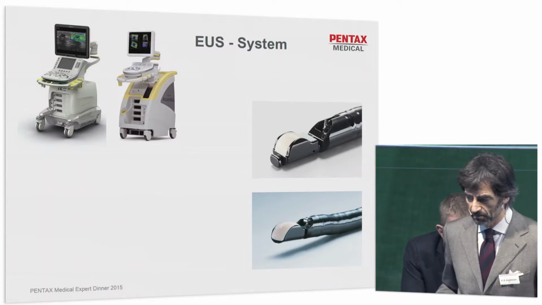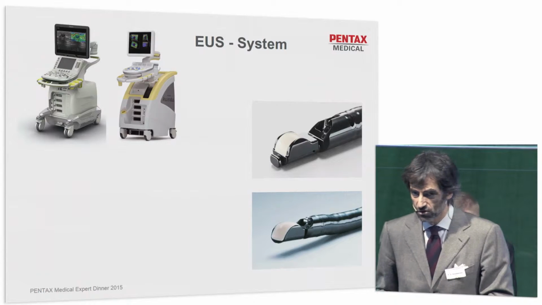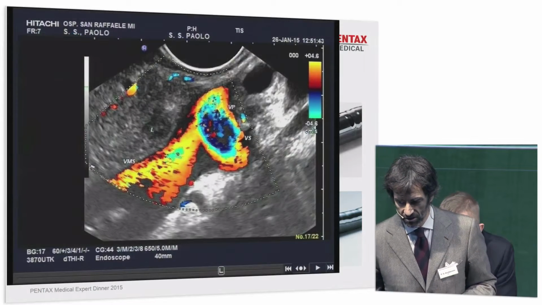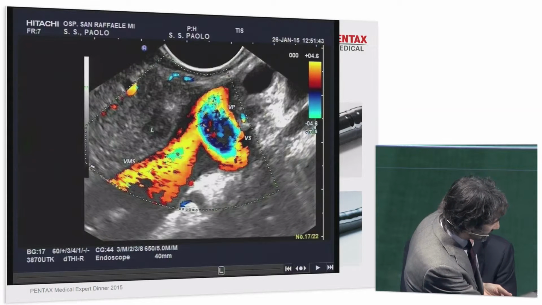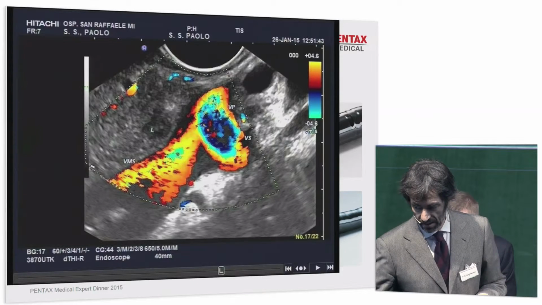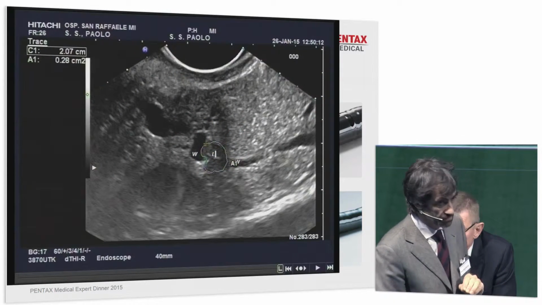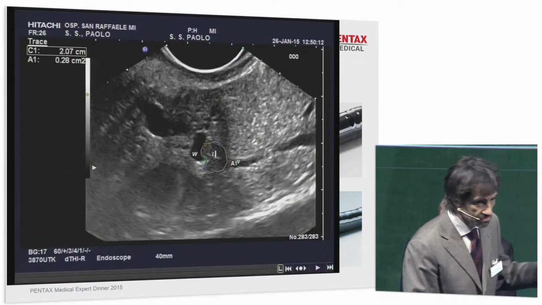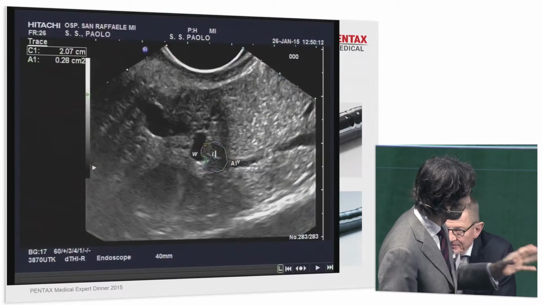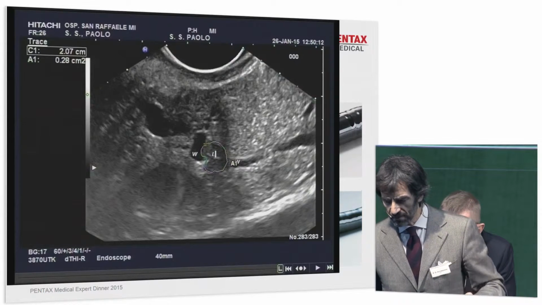The systems are very important, because if you are a good endosonographer and you have a good pathologist, but you have bad systems or bad machines, you cannot depict a lesion like this 4-millimeter lesion in the uncinate process of the pancreas, with a very, very tiny dilation of the pancreatic duct, and you cannot imagine biopsying this lesion, which is a carcinoid tumor of the pancreas, so-called serotoninoma. So all this